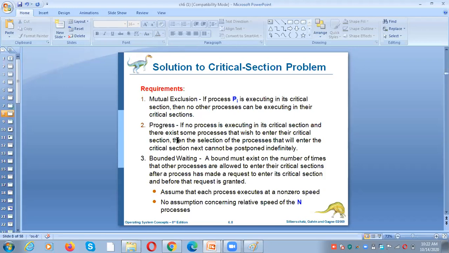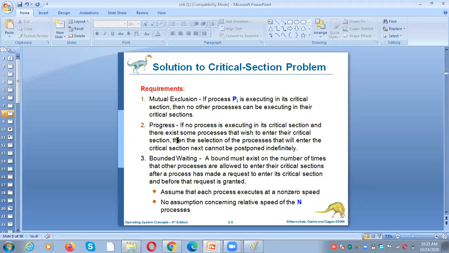Only one process at a time is allowed to enter into the critical section. For example, if P1 is in the critical section, no other process is allowed to enter into the critical section. I repeat, only one process at a time can enter into the critical section. When one process is there in the critical section, no other process is allowed to enter. Okay, I already told you what the critical section is. The critical section is a region where the shared code or data is available.